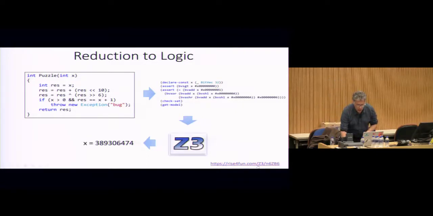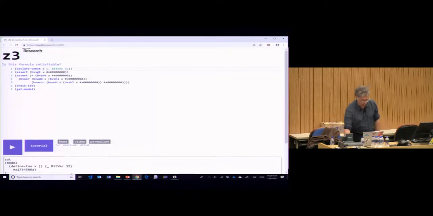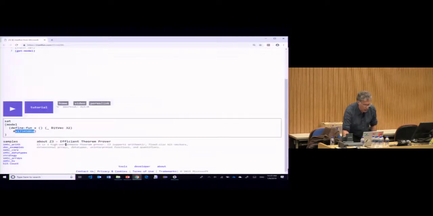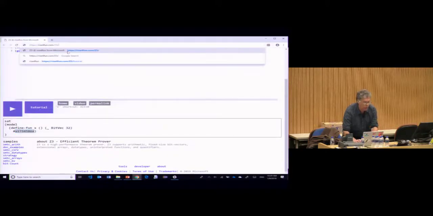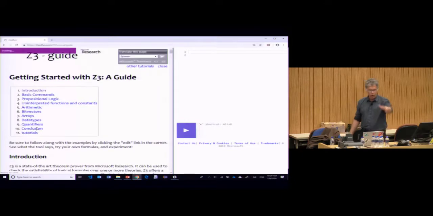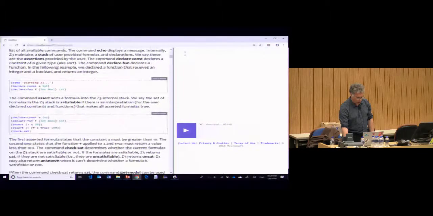And if you want to see that in action, Z3 is available if you just want to play and learn about it. It's available on the web under a tool we've created called rise4fun.com, a service. So there's that model, and I can just ask Z3 right there. It does give me the answer in hexadecimal, but you can do the conversion yourself to decimal. There's a whole tutorial here as well. You can learn more about this if you go to rise4fun.com/Z3. Oh, there it is. There's a big button: Tutorial. So this will take you through. You don't have to download Z3 or install it. It'll take you through what Z3 is.